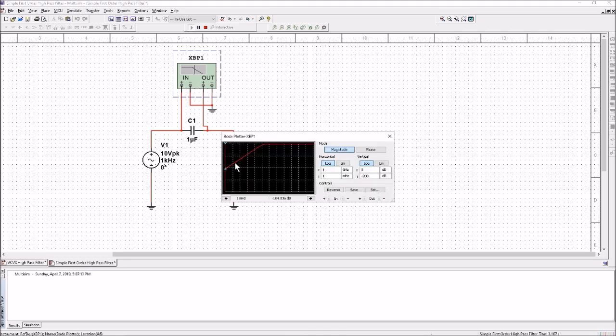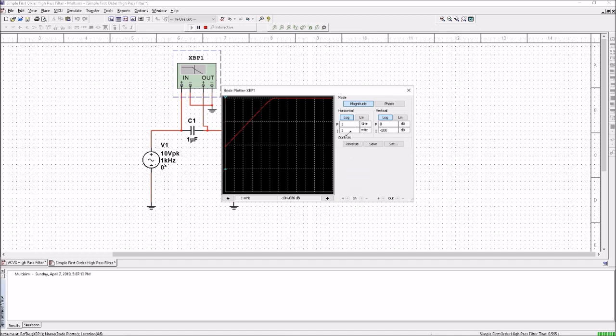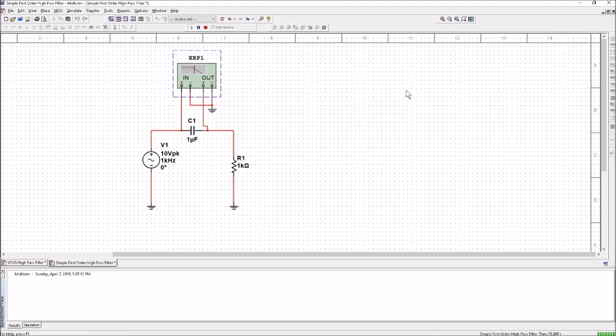You can see that there again is the high pass filter, and you can see the phase as well. Make it a bit bigger. Clicking on the phase there, it's drawn out the phase response for us as well,